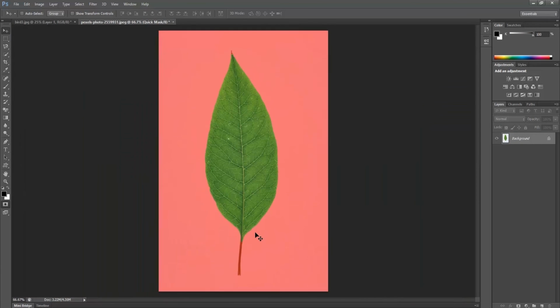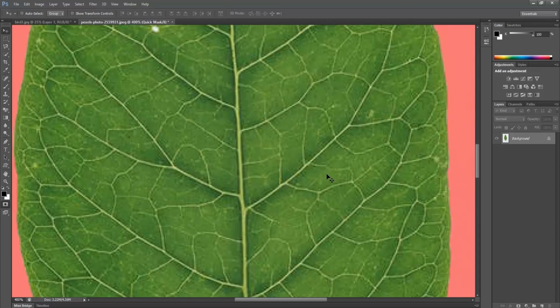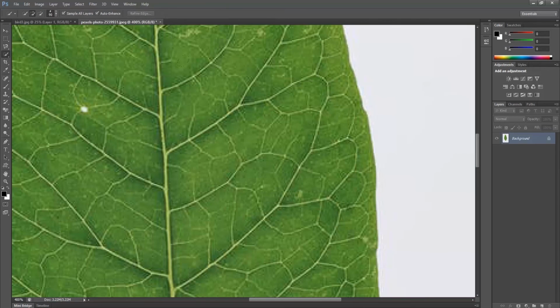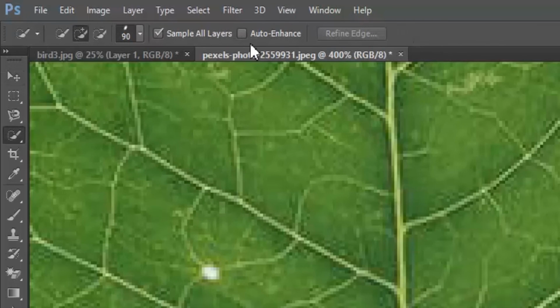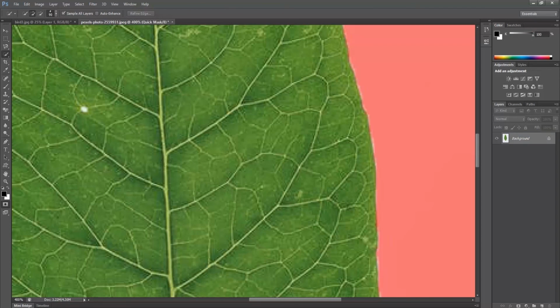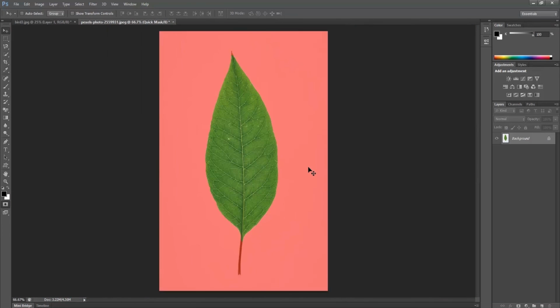If you check the edges, it has given sharp and crisp edges. Let us revert back. Now uncheck the auto enhance option, make a selection, press Q to preview the selection. There will be a little change in the sharpness of the edges. I will revert back.